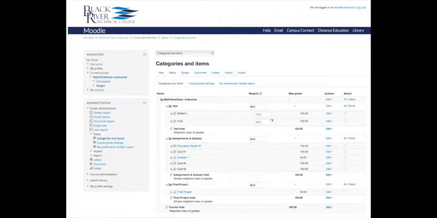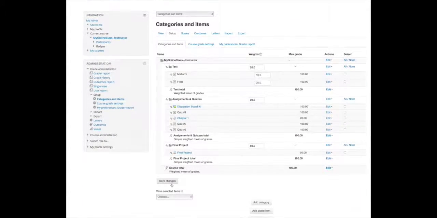What it'll do is configure our midterm to be 10% of the overall 20% that this contributes to our total gradebook. And it'll also configure our final to contribute to 20% of the student's grade within the test category that contributes to its overall grade. So if I click Save Changes,